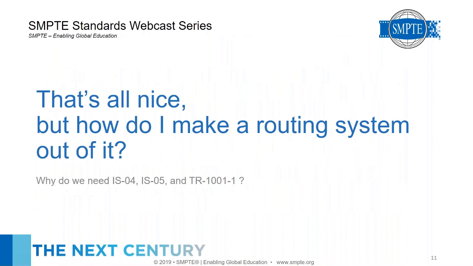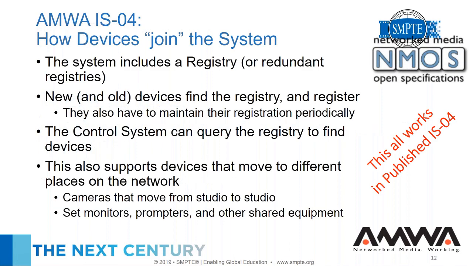Well, 2110 is, like I said, published. There are some implementation questions always, and work ongoing on getting everyone's implementations perfected. But really, from a customer perspective, the question is, how do I make a routing system out of it? What are the other parts? Because 2110 just says how to put your pixels on a wire, or how to put your audio samples on a wire, or your ANC packets. But really, we want to make television. So a few other pieces round out the set.